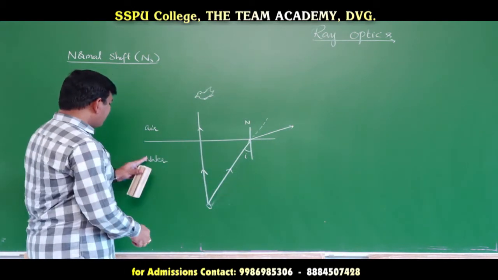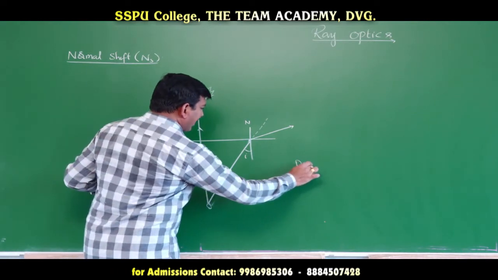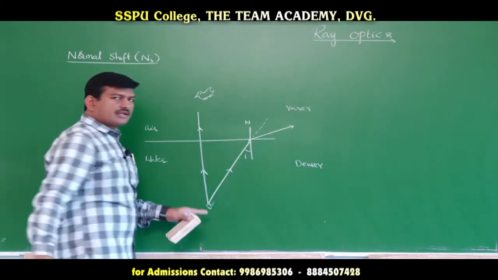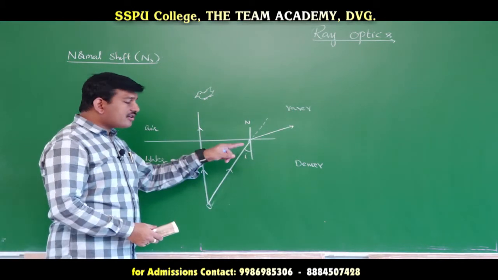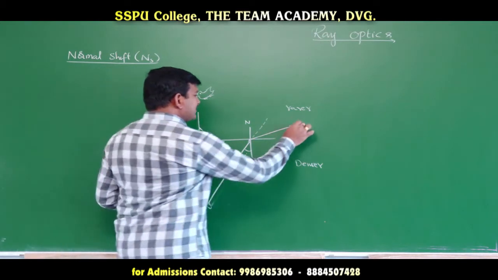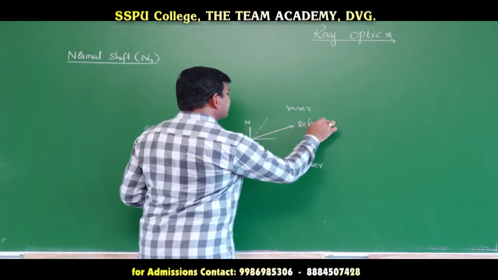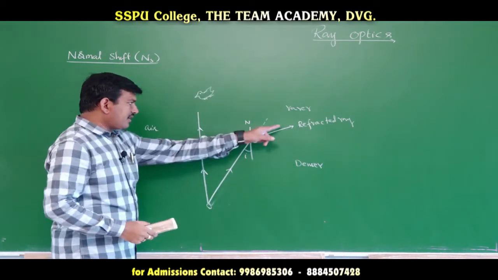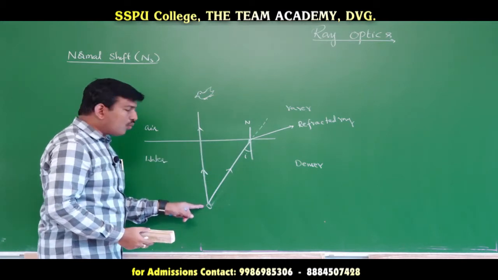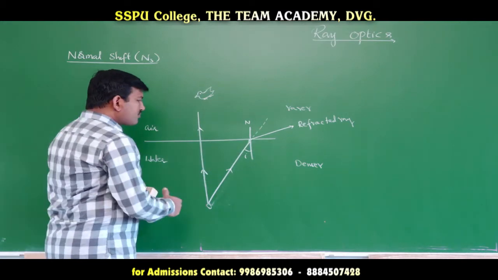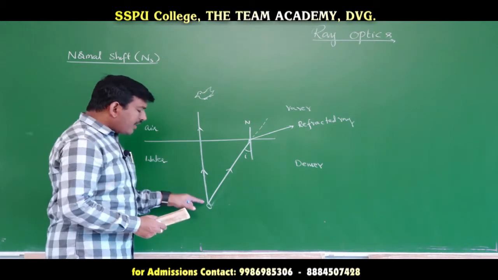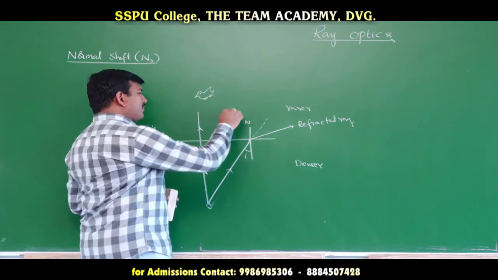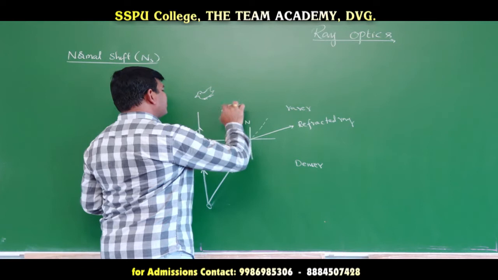Yes or no? So here this is water, that is the denser medium, and here this is air, that is the rarer medium. So when a light ray travels from the denser medium to the rarer medium, the refracted ray should bend away from the normal. So this is the refracted ray, whose origin is at O. This refracted ray originated from which point? From the point O. Yes or no? So what am I choosing? I am choosing a point illuminated object inside the denser medium and I am viewing that object from the rarer medium.